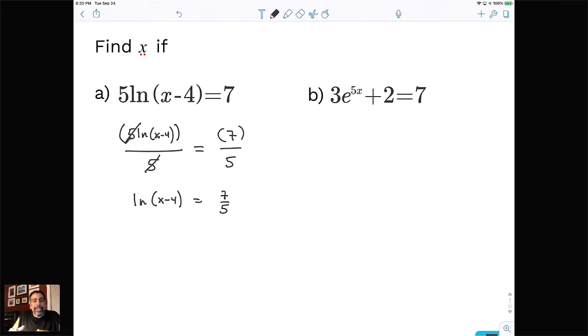Well, it's this next step that I've been building up to. This is the one that's going to pay off. I now want to get rid of the natural log. And my students are going to be able to tell me that that's a logarithm, and the inverse of a logarithm is an exponential. So if I just say what's the inverse of a log, they're going to say an exponential, and that's not quite enough information. So just like before when I said what's the inverse of multiplication,